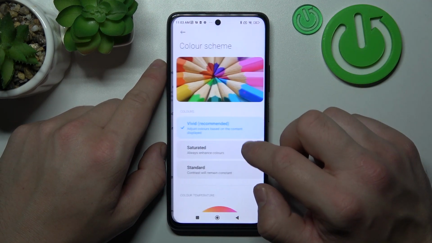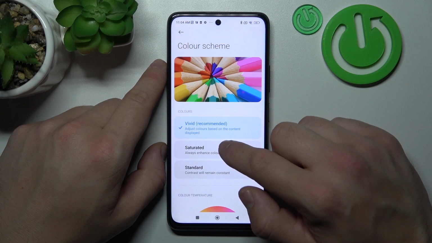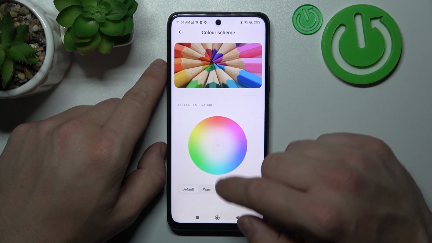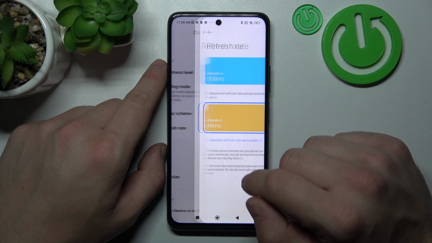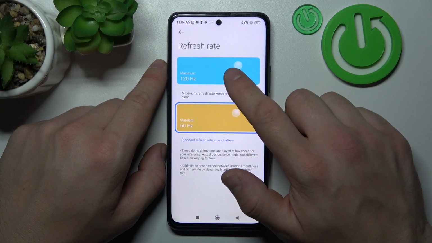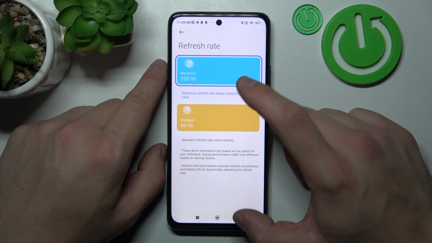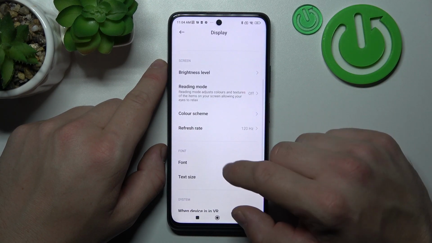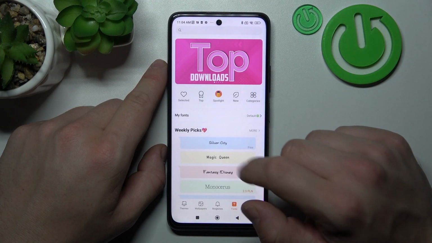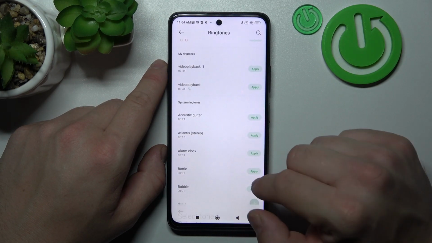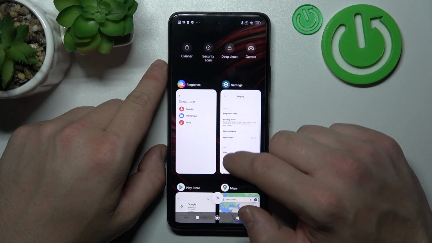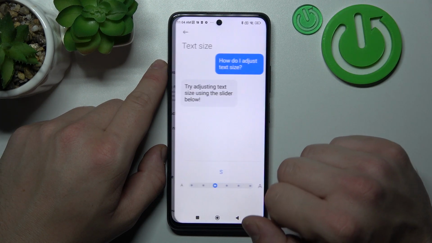Then we can change color scheme between vivid, saturated and standard, and also color temperature. Next we can change refresh rate between maximum and standard. Then we can change font, text size,